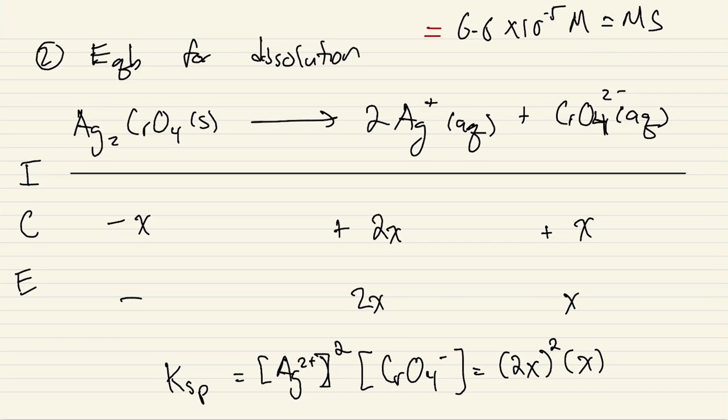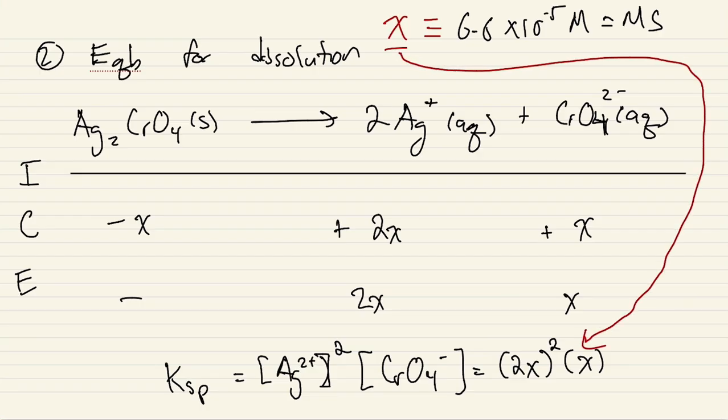The important thing to realize here is that this is equal to your equilibrium concentration if you're given the molar solubility. It doesn't matter how much we start off with, which is why we don't have anything in the initial row. The maximum amount is related to this. If we have some arbitrary volume, we don't care what it is, this will be the concentration of whatever we dissolve in solution. Anything else is just going to crash out and stay solid. So this is equal to x, which means to calculate Ksp,